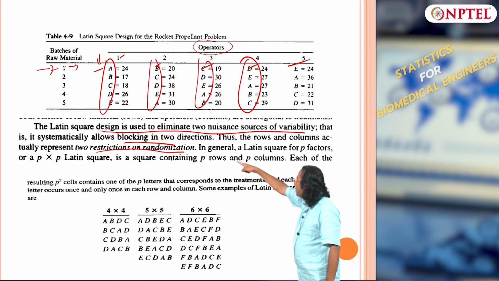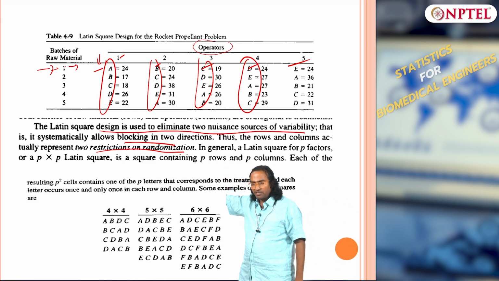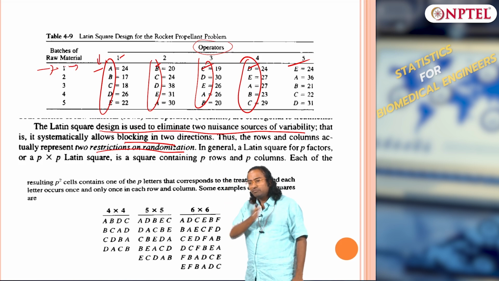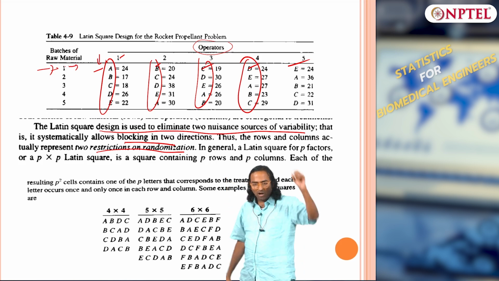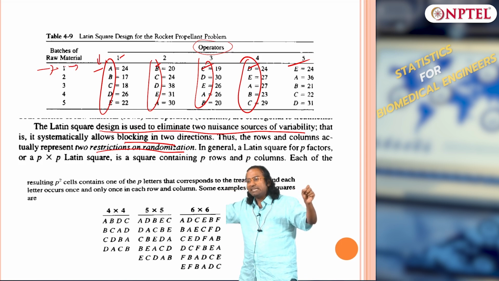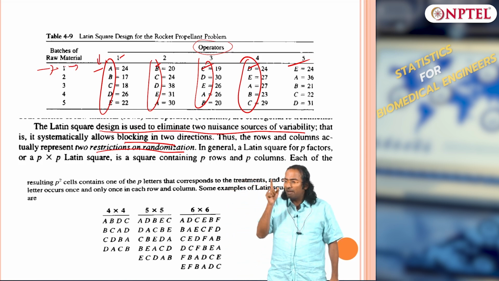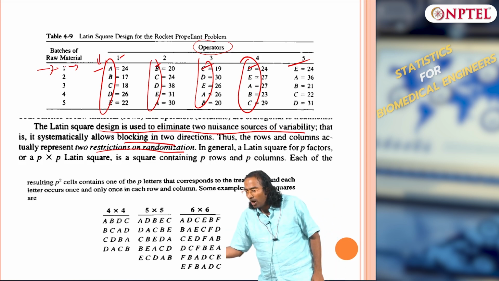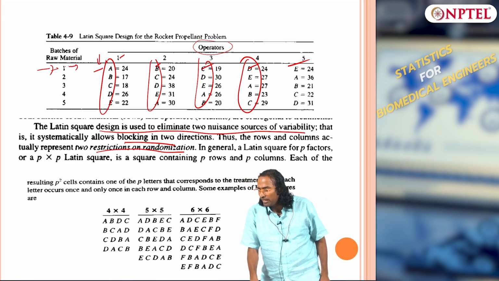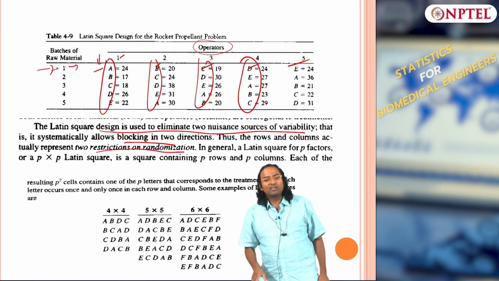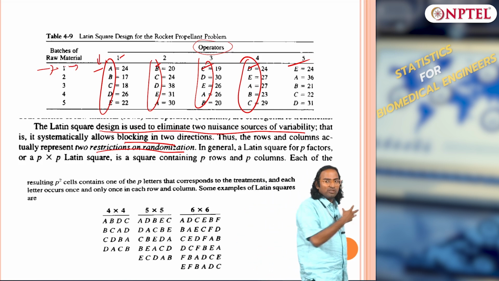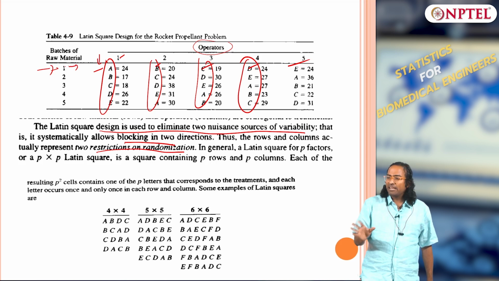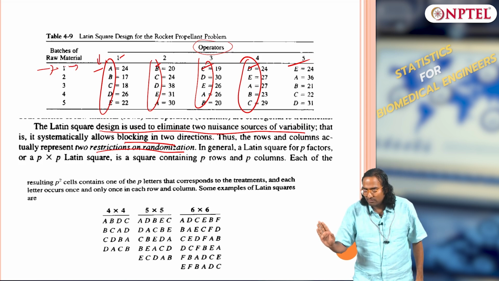So similarly, the operator is exposed to all treatments A, B, C, D, E, and the raw material is also exposed to all treatment levels. So raw material 1 has treatments A, B, C, D, E. Only then can you say that the effect of treatment is not due to raw material or operator, it is truly because of treatment A. That is what we want to prove, okay. So this is your square design, and this is typically a square design; you cannot go for a non-square design here, okay.